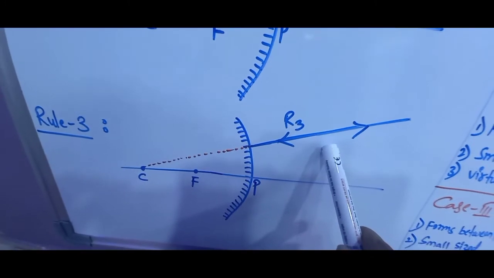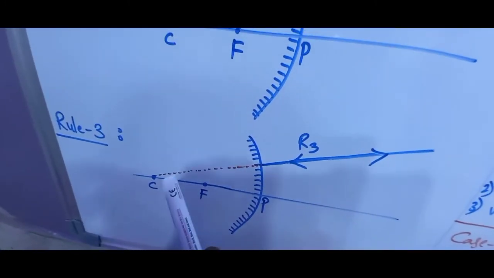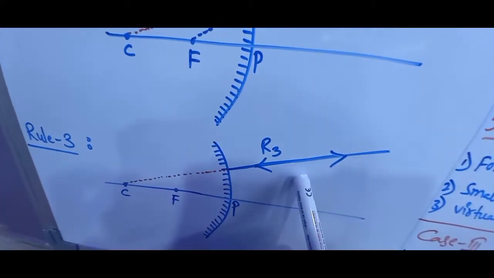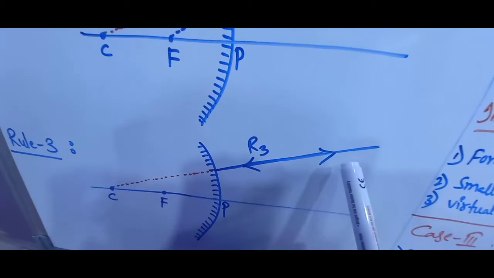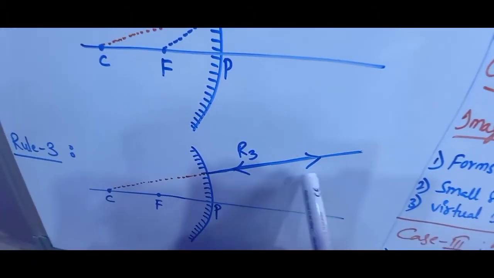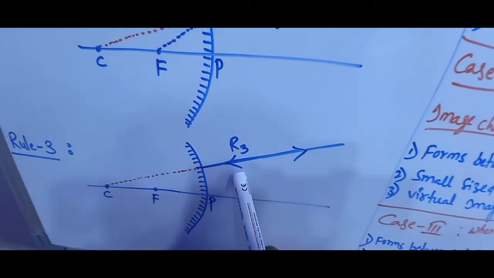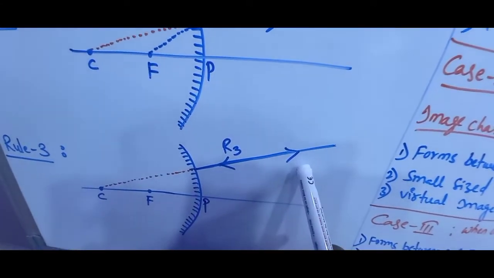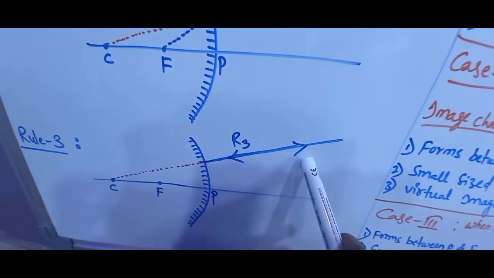Already we have studied this point. So as the incident ray is coming in the direction of the center of curvature, its reflected ray will also pass through the same line, that means along the normal line only, but in the opposite direction. So that's why here we have represented the two arrow marks upon the same line. See, this arrow mark indicates the incident ray coming towards the convex mirror, and this arrow mark indicates the reflected ray which is moving away from the convex mirror after reflection.